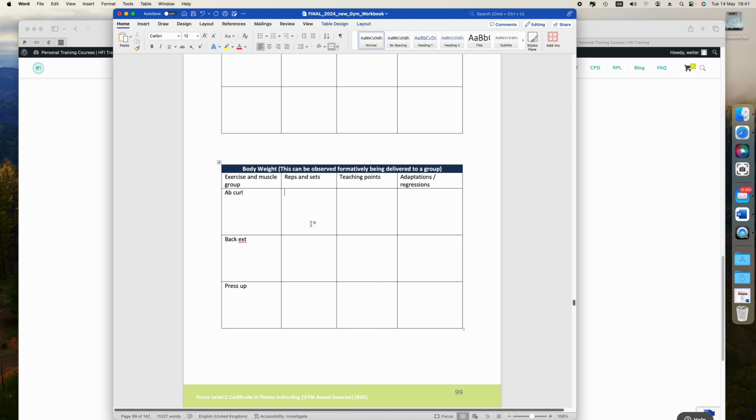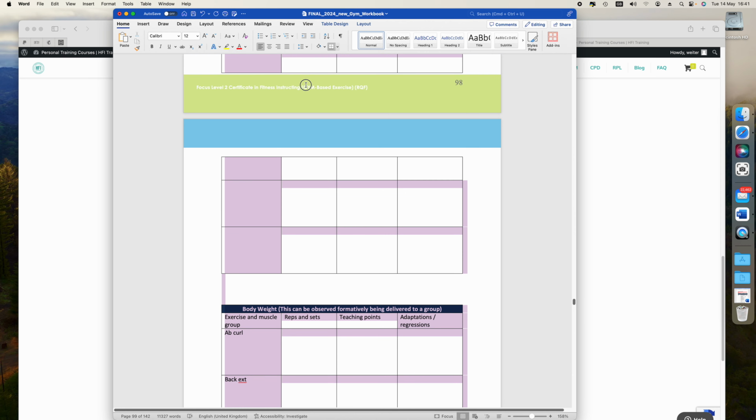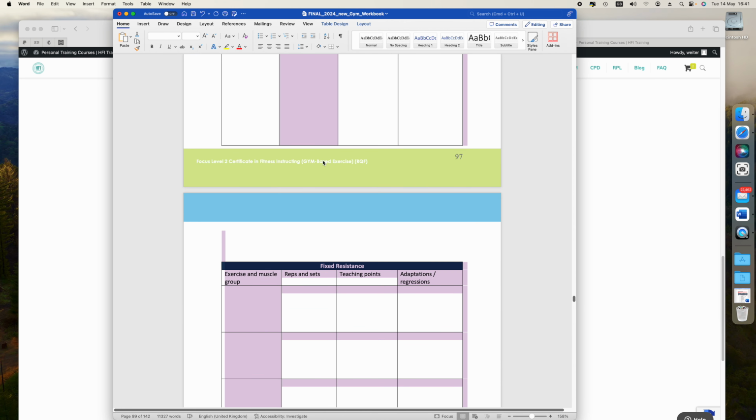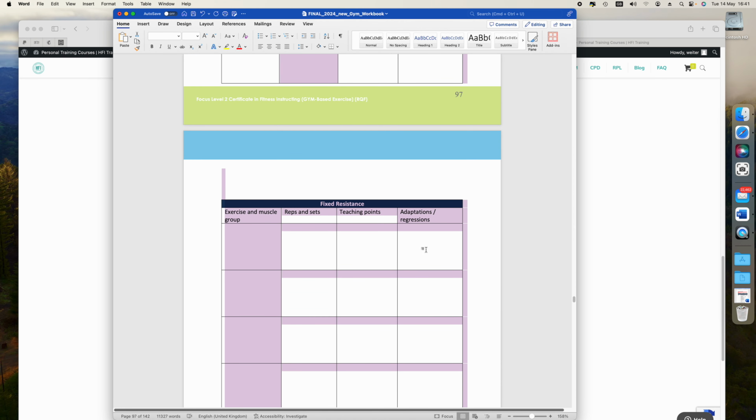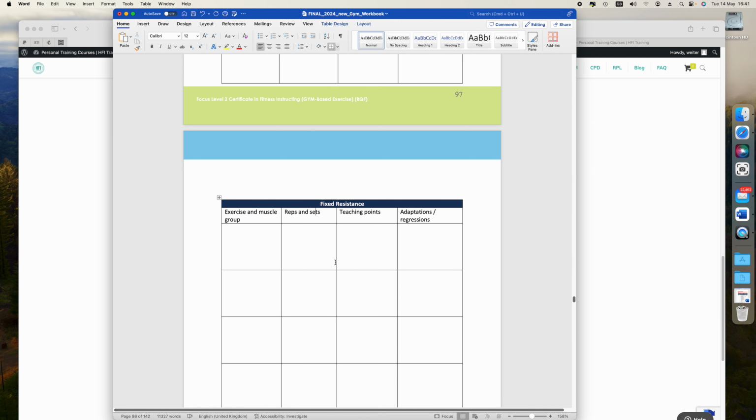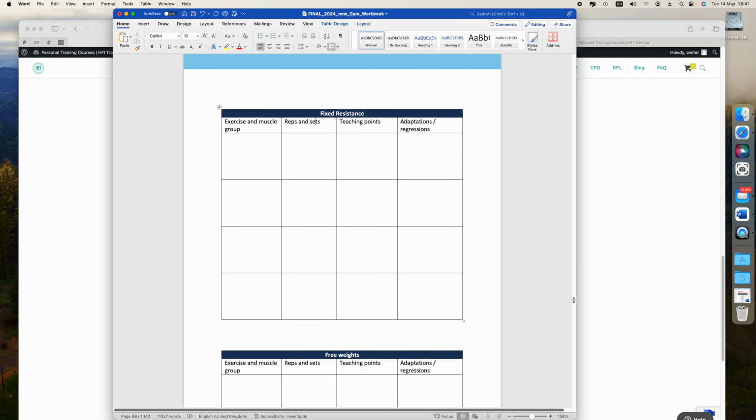Your reps and sets, these should all be consistent. Every single rep and set, machine, free weight and body weight, the reps and sets are always going to be consistent. So depending on your client, if they're more beginner, then you're going to be working something like 60%, 65%, so less than 67% basically. You're working more at an endurance